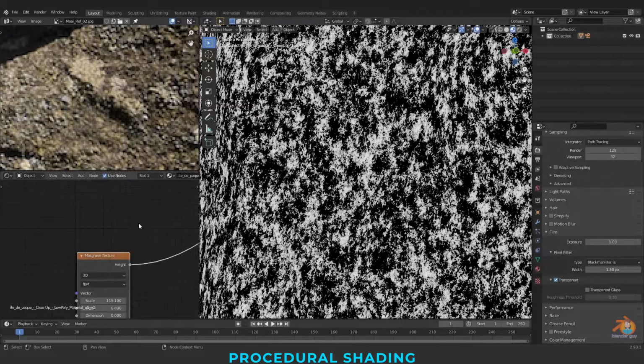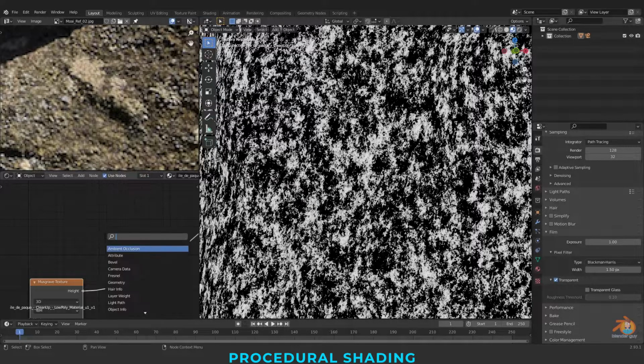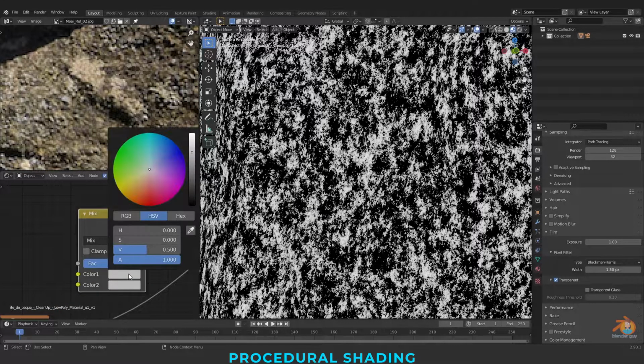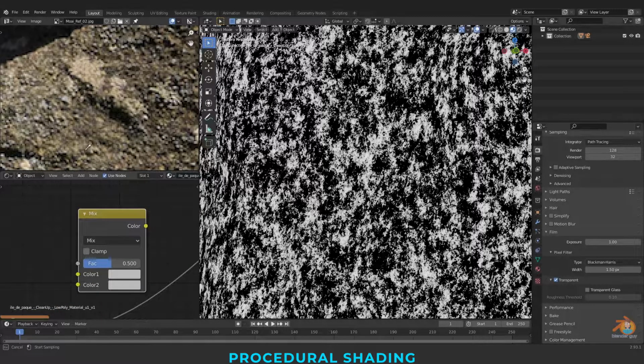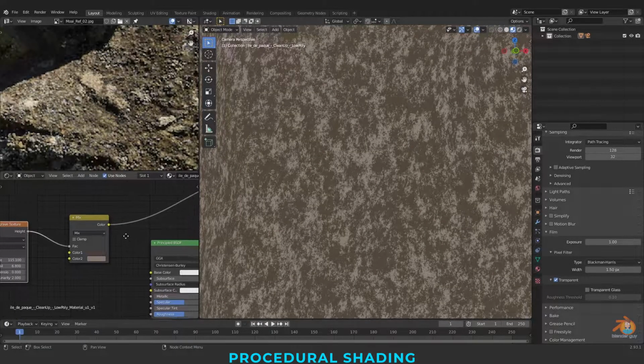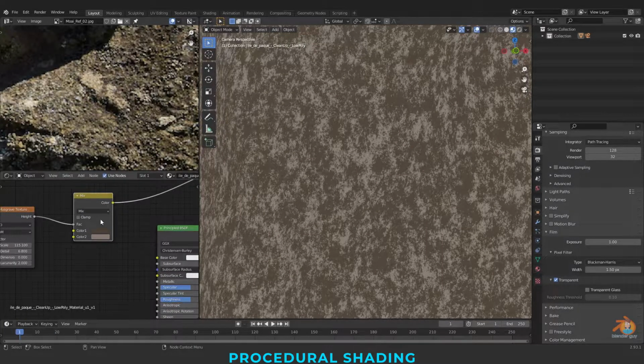And now I'll blend two colors. I have taken a Mix RGB and picking two colors, and I have connected this to the Mix RGB.